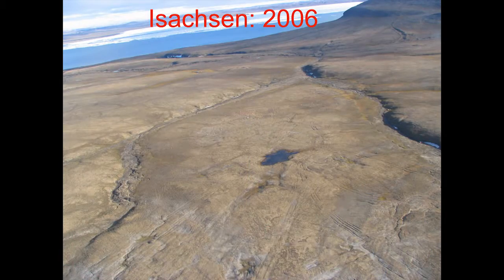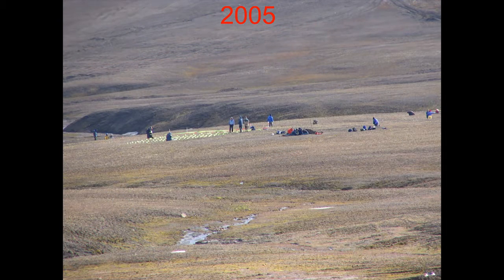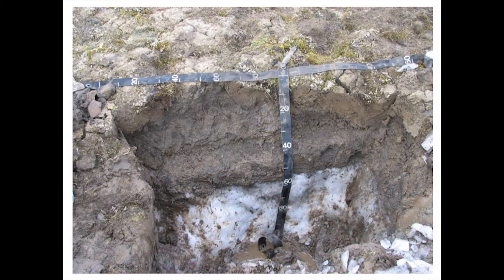So we were lucky to go there in the early 2000s and then come back 6, 7, 8 years later and see what is going on the ground, not from the airplane, not from satellites, but right on the ground. And that's how this area in Isaacson looked in our first trip in 2006. Pretty smooth area, a close view on the ground, very flat, and we knew that there are lots of ice wedges, ice in the ground,